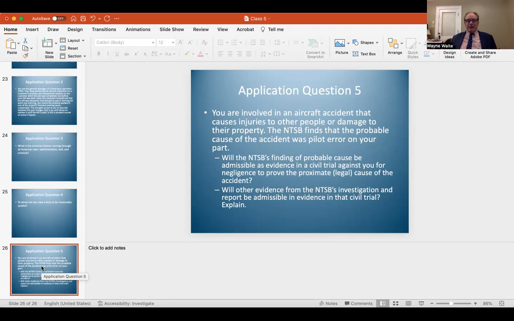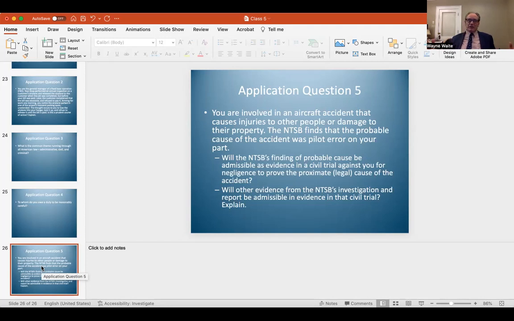Probably yes, as long as the requirements are met, I think if that person testifies. If that person does not testify, I would argue that it would be barred by the hearsay rule. Hearsay is generally an out-of-court statement that's offered for the proof of the matter asserted therein. So the investigation report itself is not a statement in the courtroom offered to prove its contents. I think the report is out. The testimony, however, of the investigator, if he comes in to say what he actually saw with his own personal knowledge.